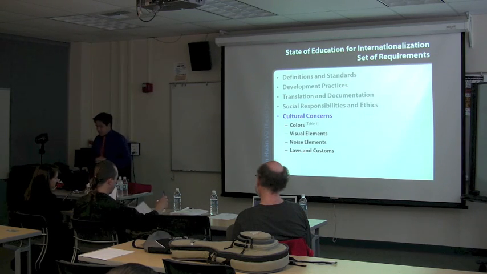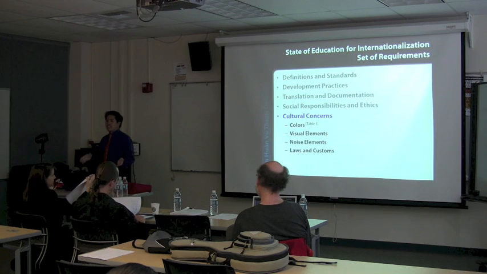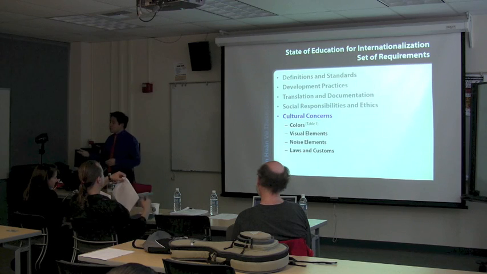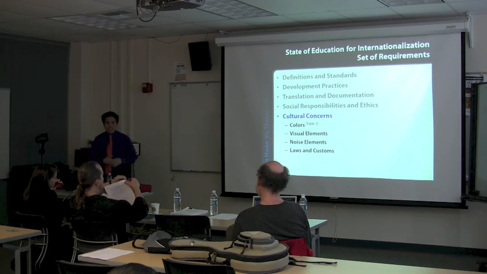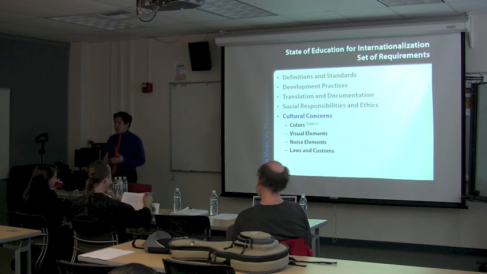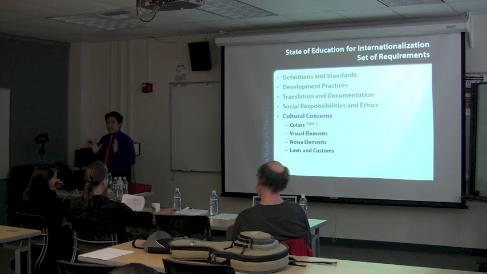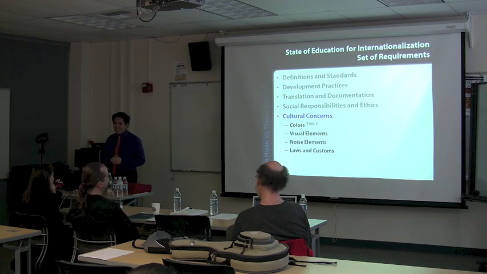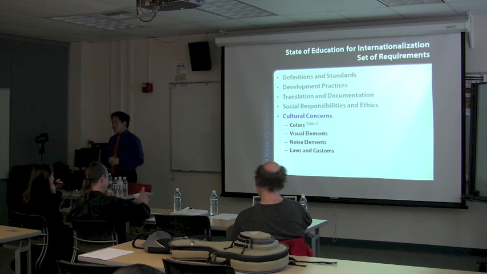You can see there. For example, the color white means purity in the United States, but it also means death in Japan. And the color red means warning or stop in the United States, but it also means happiness and luck in China. Why is this important? Well, just imagine you ship off a software that's completely in English to China, and there's a dialogue that pops up. It's in red. To us, it says, press this button to delete your whole entire hard drive. Well, to them, it might mean a good symbol, and they might press it, and they eventually delete their whole entire hard drive. Those are things to be mindful of.